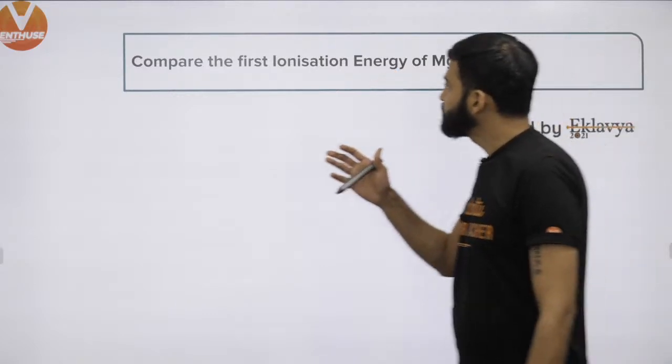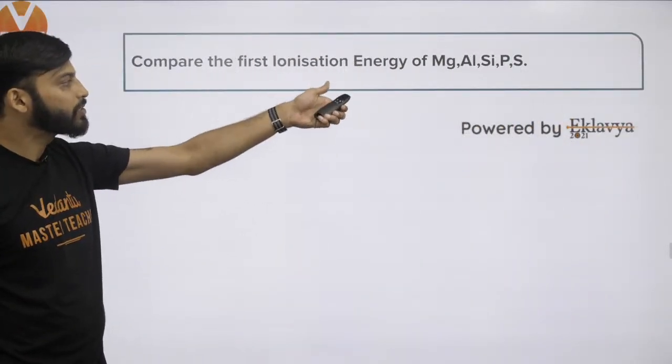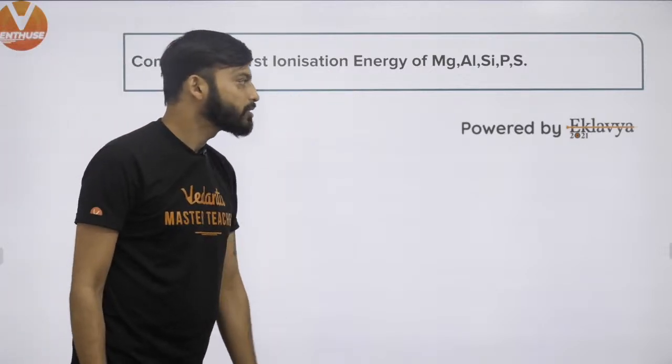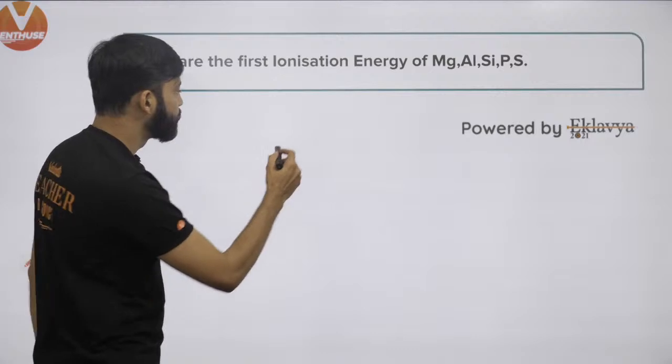हाँ, compare the first ionization energy. ये बहुत बेसिक क्वेश्चन था. Magnesium, aluminium, silicon, phosphorus and your sulfur. Very simple. First of all, just write them down. So here